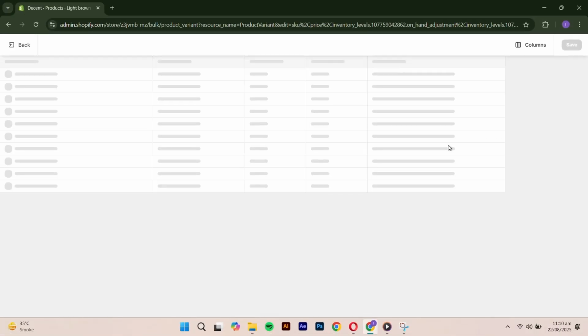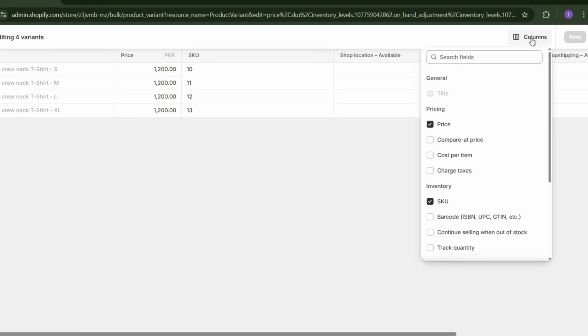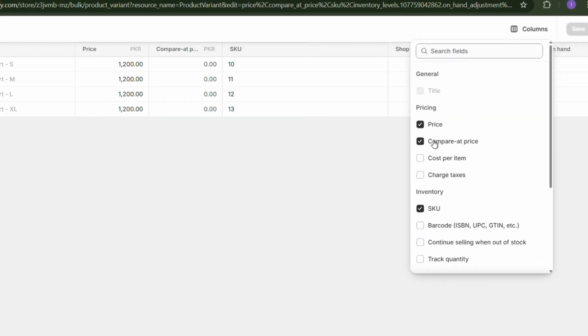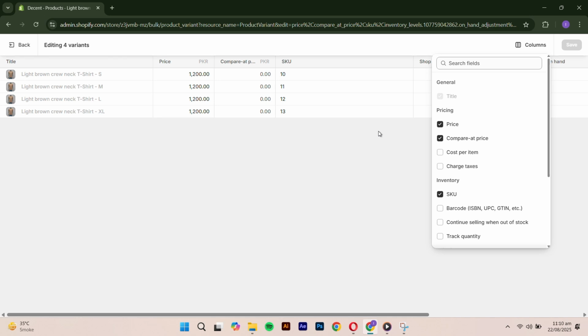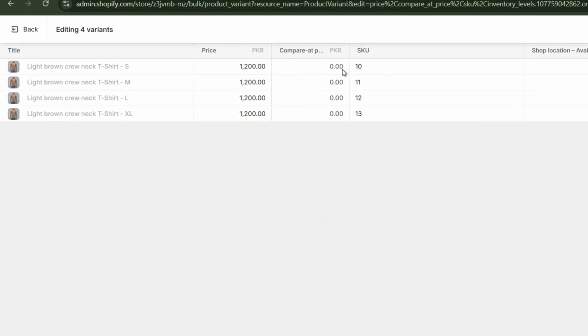In the Bulk Editor, you'll see the different variants and their prices. From the Columns menu, select Compare at Price. Here's how it works. The Compare at Price is the original price of the item, while the price is the